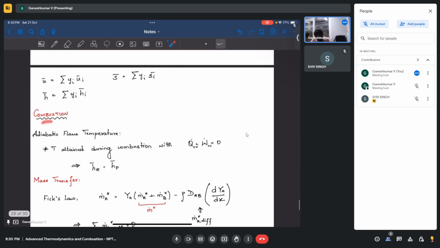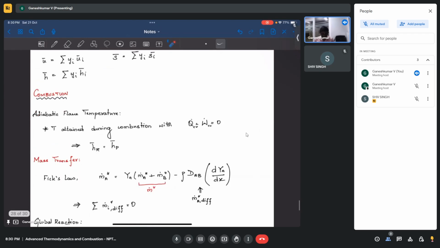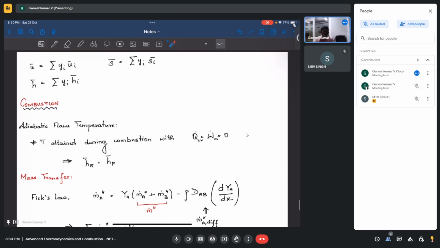And then we discussed combustion. In combustion, the first thing we discussed was adiabatic flame temperatures, heat of combustion and heat of reaction. From combustion, what we are trying to attain is to get some energy out. Basically, energy is stored in the form of bonds, and upon dissociating those bonds,